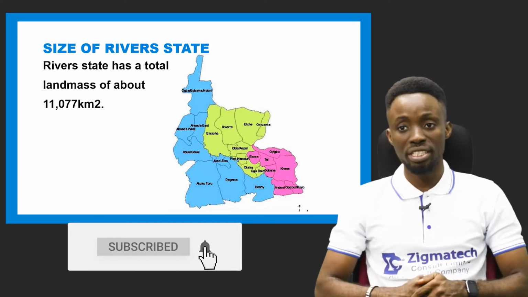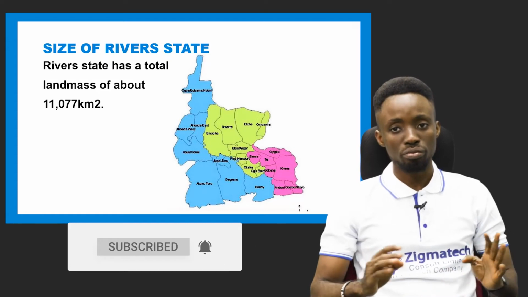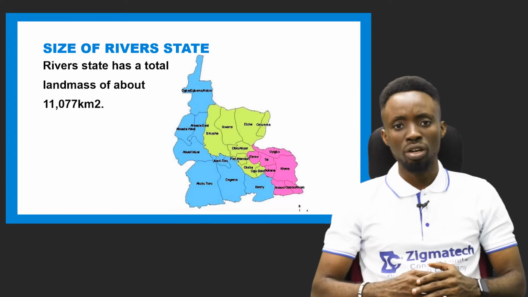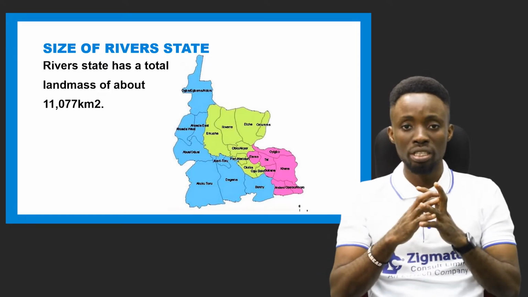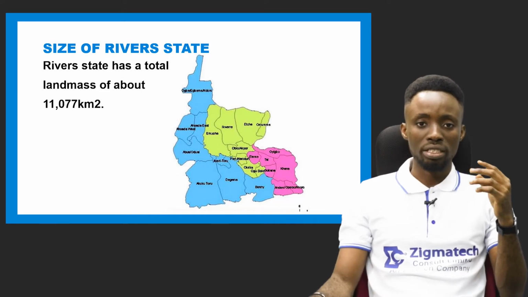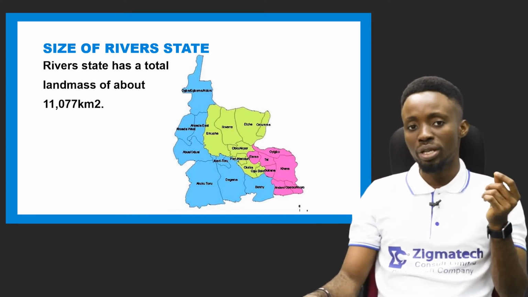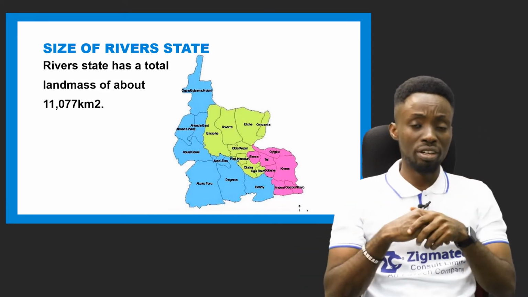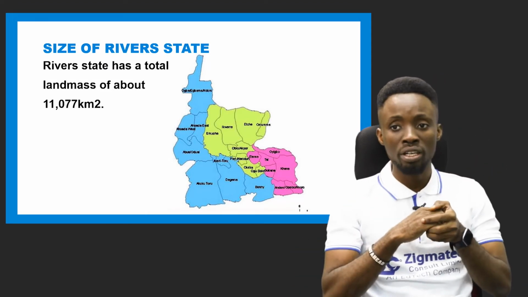That's how big Rivers State is. So that's the land area of Rivers State, and it has a population of over 10 million. So let's look at the local government areas we have in Rivers State. Now, previously I told you that Rivers State has 23 local government areas, and